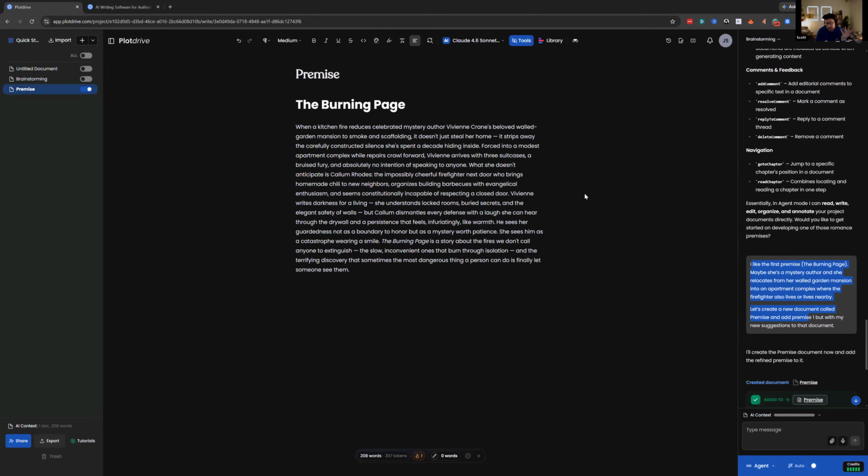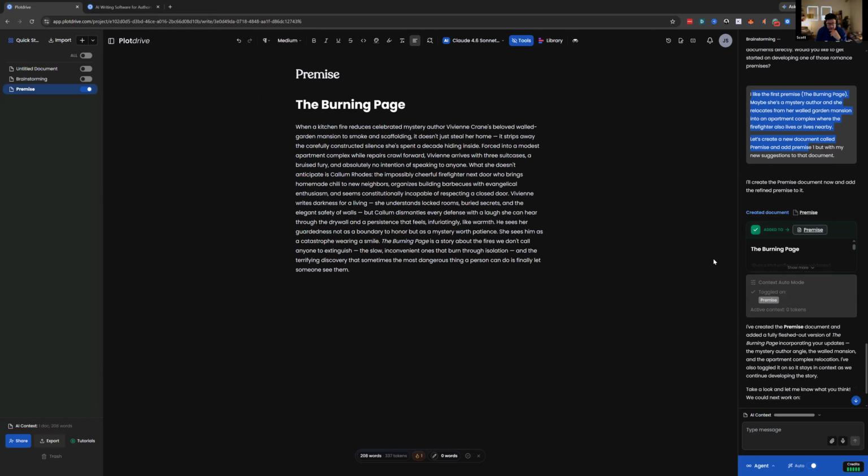Okay, the burning page. Cool. So it's committed to the document. So now I've got a premise, which is awesome. And now if I were to build this further out, so